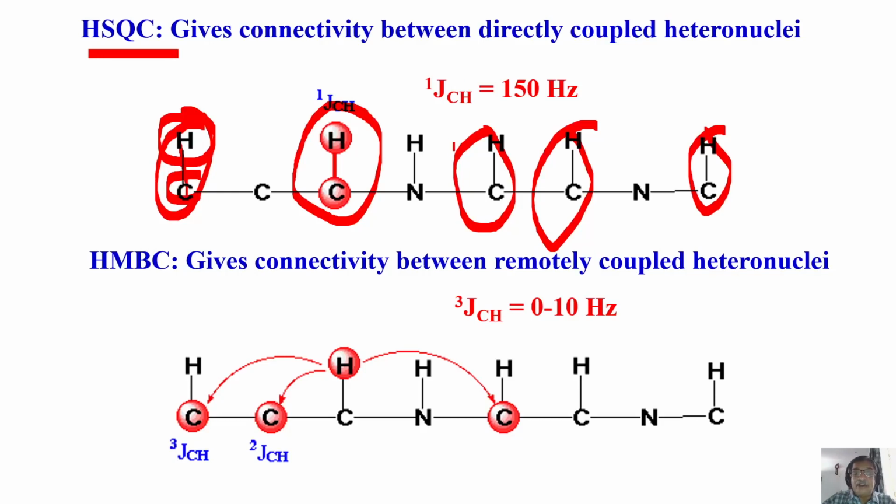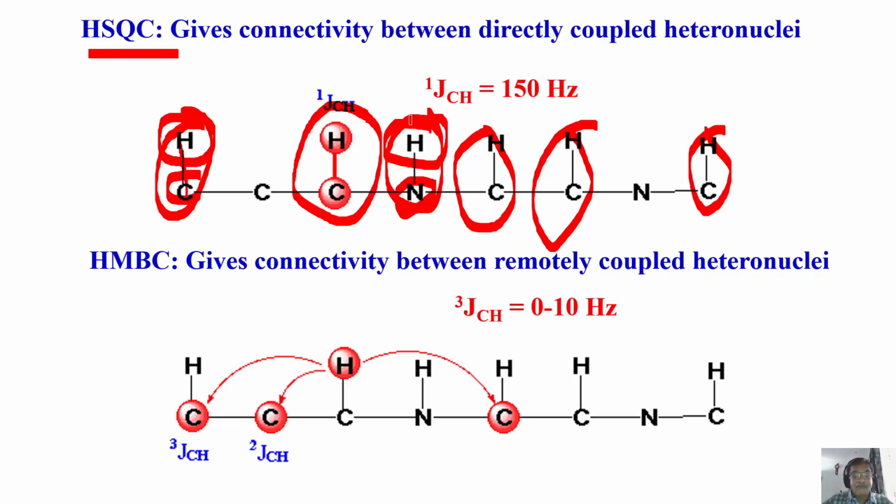If you have a nitrogen proton like this, that is also possible. You can do nitrogen-15 HSQC, which is especially useful in biology, where they are dealing with proteins and peptides. A lot of NHs are there. They can do nitrogen-15 proton HSQC, where they correlate the nitrogen-15 chemical shift to the proton attached to it.